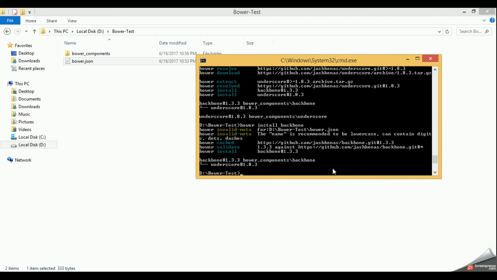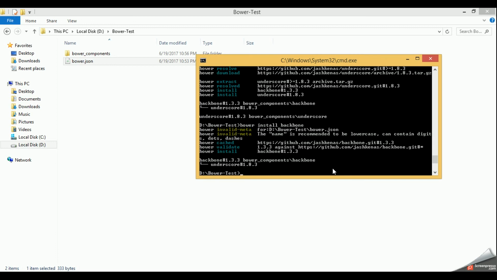For your development, for example, you need backbone, so you run bower install backbone and you get the Backbone library, and you are using that and you check in your changes. But now when the next person downloads this bower.json file from the repo and executes bower install, Backbone will not get installed in his local directory, because this Backbone reference is not there in the bower.json file.